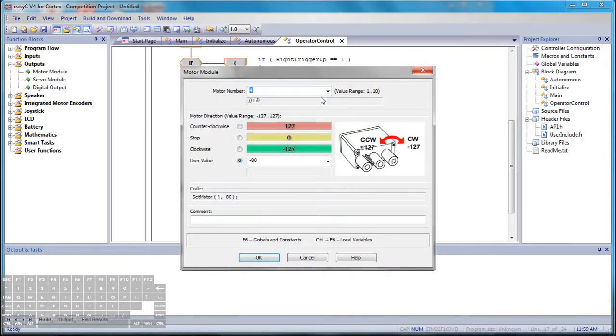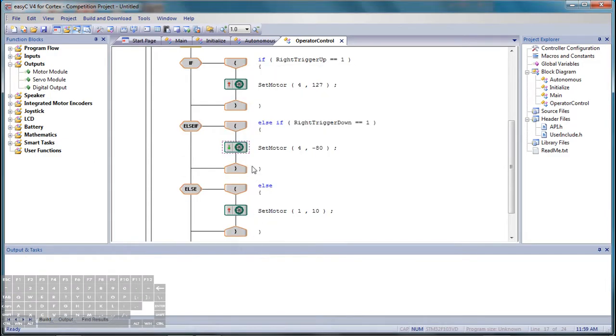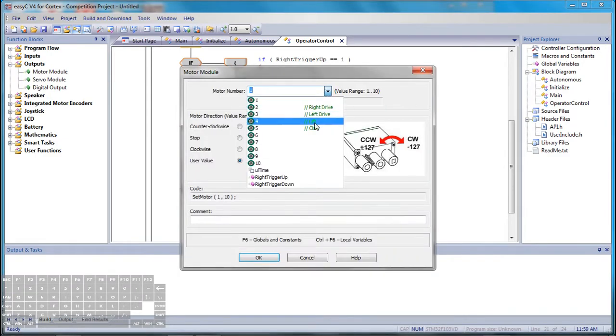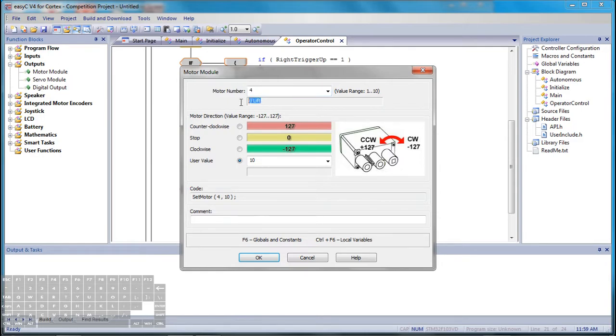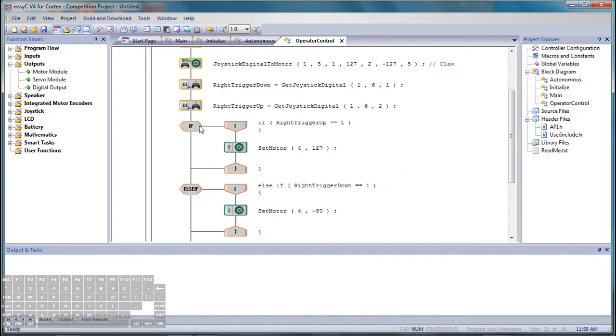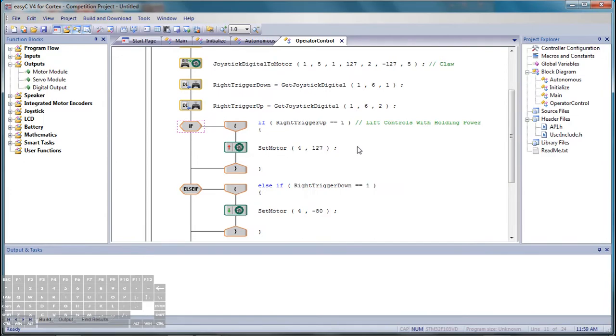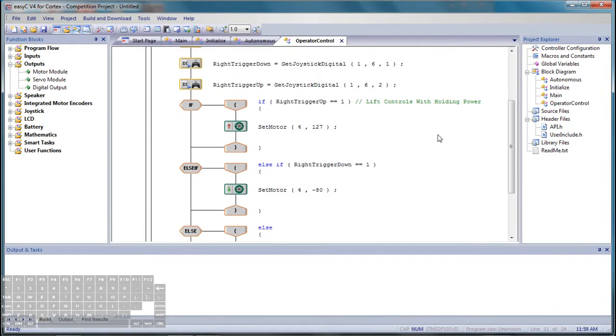which is port 4. And again, just notice if you put a good comment in the controller configuration, it's really easy to choose which ports it's plugged into, because it's right here and you can look in here and it says lift. Alright, so in this if statement we're going to put a comment and we're going to say lift controls with holding power. Hit OK there, and you can see it shows up right here